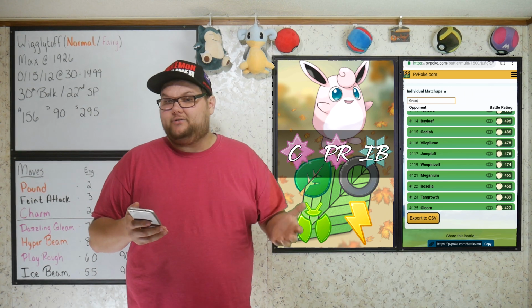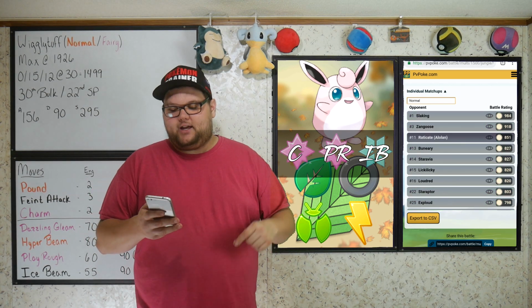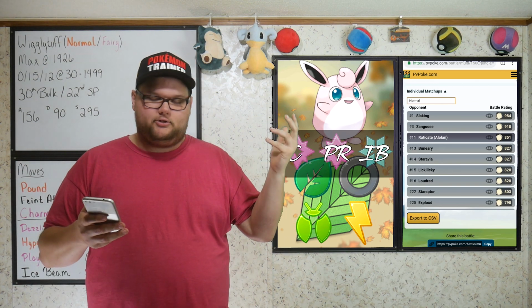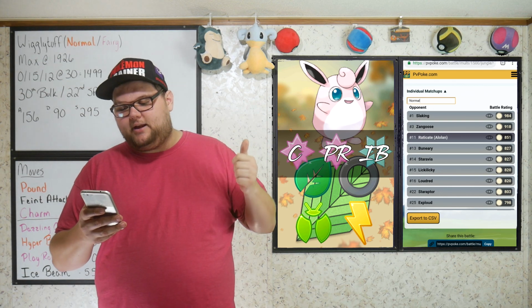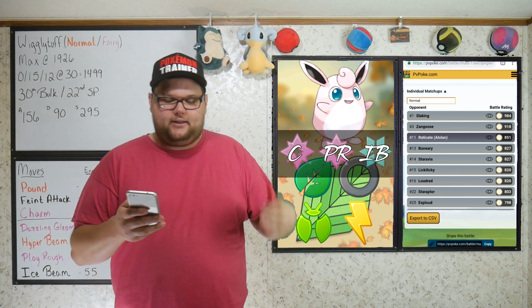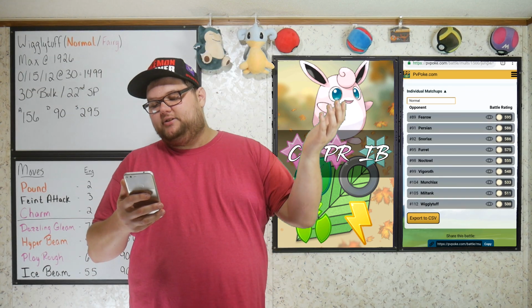I mean, only 12 losses is a great number to put up. Last but not least, we do have the normal typing, and as you see, Slaking generally showing up here at the top. We do have Zangoose, Raticate, Bibarel, Staravia, and Liepard rounding out the top ones that we do really, really well up against. If we scroll all the way down to the bottom to see our losses,